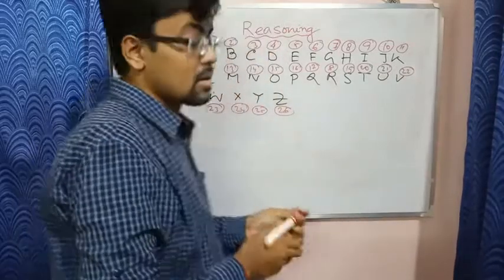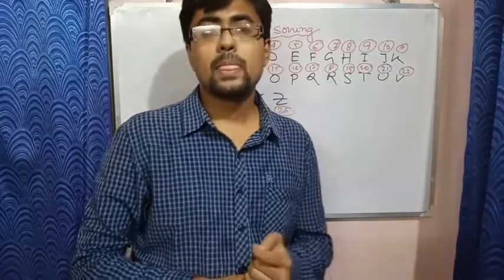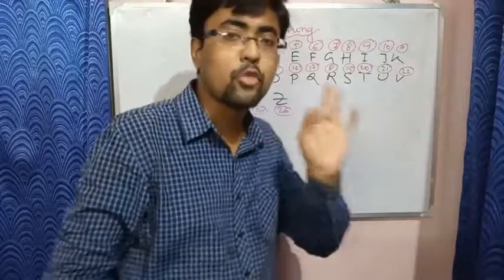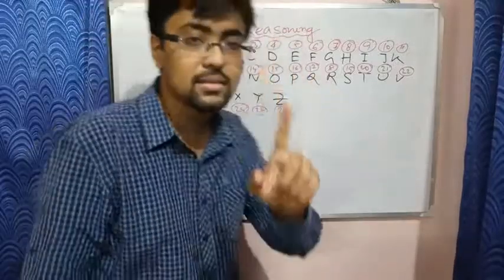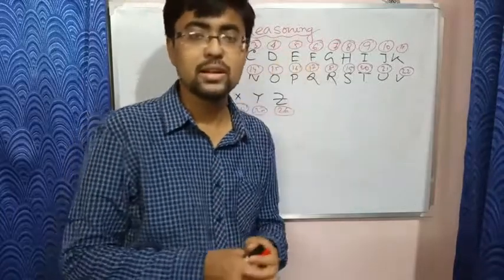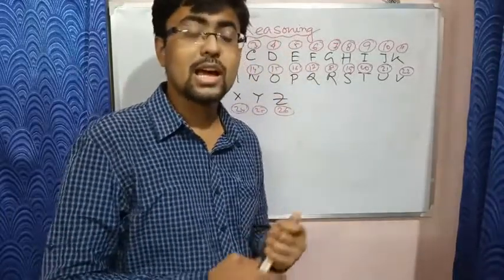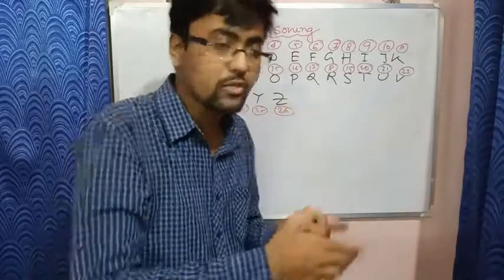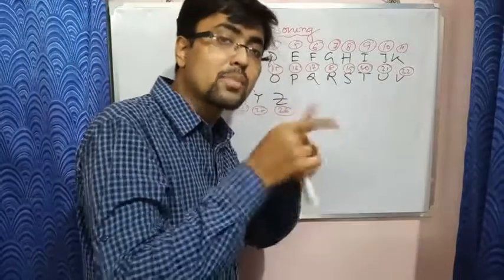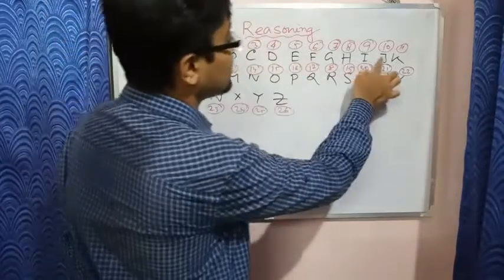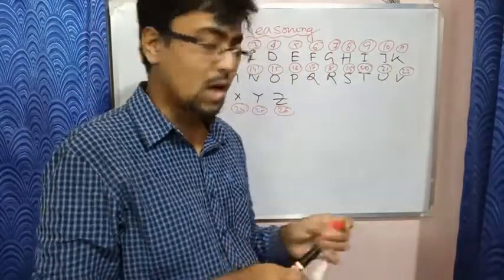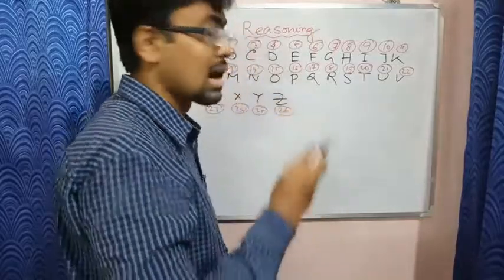Now, in my previous video, I told you a question may come from this type of topic: which of the following elements is third to the left of the element which is 10th from the left hand. In that video, I taught how to solve that. That means which element is third to the left of the 10th element from the left hand. The 10th element from the left is J, with respect to 1, 2, 3, so you have to count. Okay. Now today you will learn how to solve it faster.